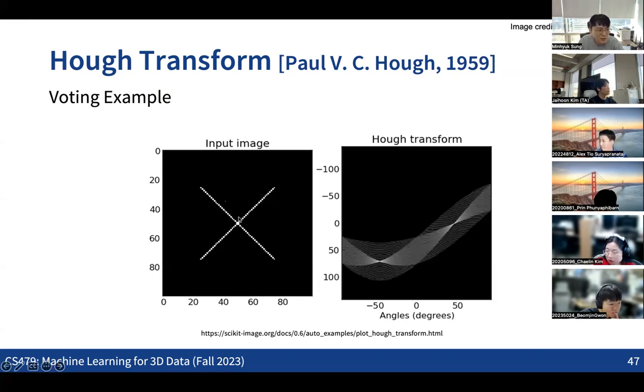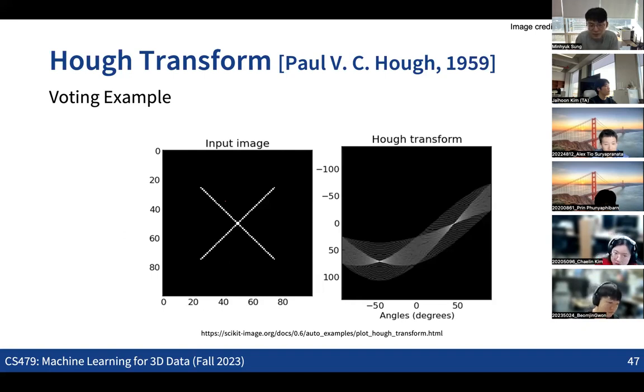So on the left-hand side, let's say the left image is the input image, then we randomly sample the 2 points over the given lines. And this will draw a line in the 2D space, right? And this will also be mapped to a single point in the line parameter space.